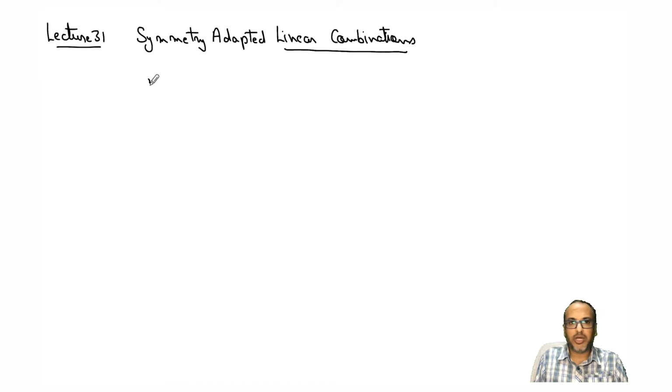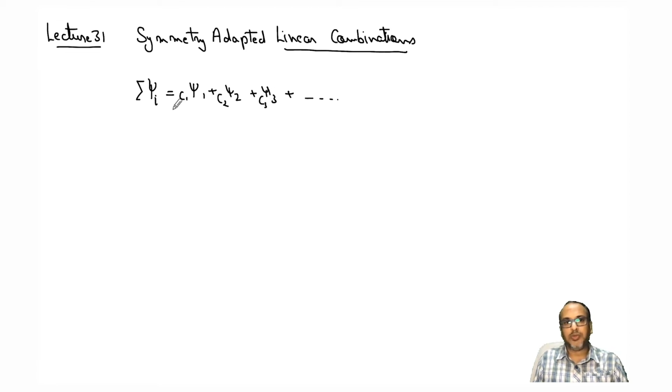For example, if we are talking about a wave function psi i, where i can vary, we can have it like this: psi 1 plus psi 2 plus psi 3 and so on, right? And then of course there can be some coefficients around it. So this is called a linear combination, and linear combinations can be of different functions. In this particular case, we'll be discussing linear combinations of atomic orbitals,